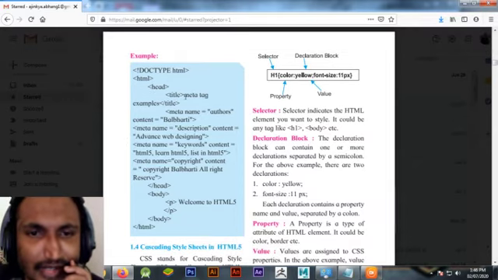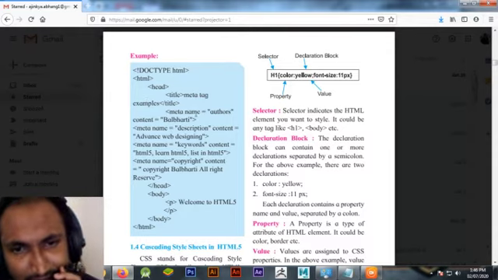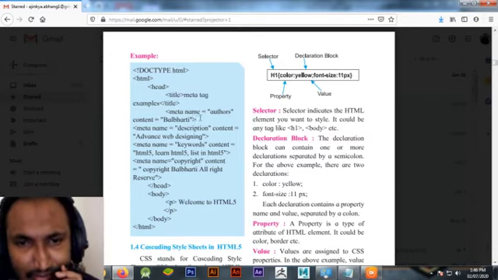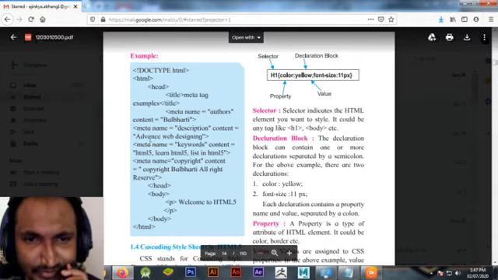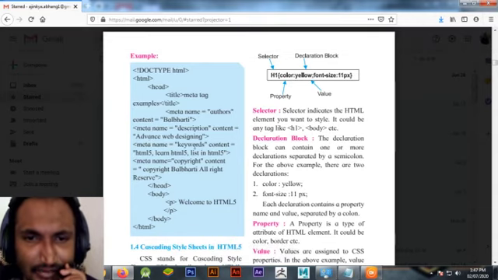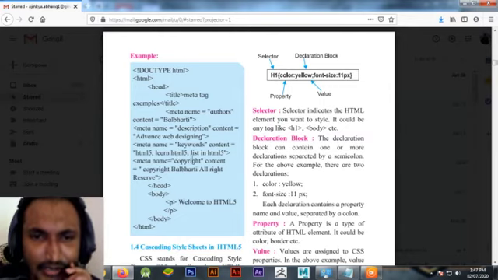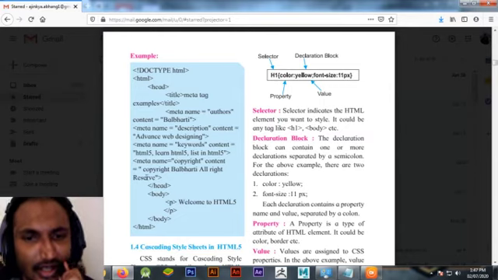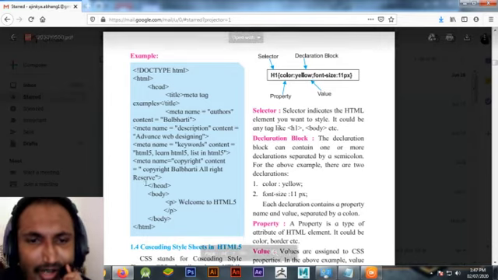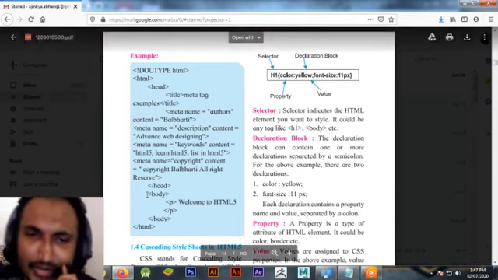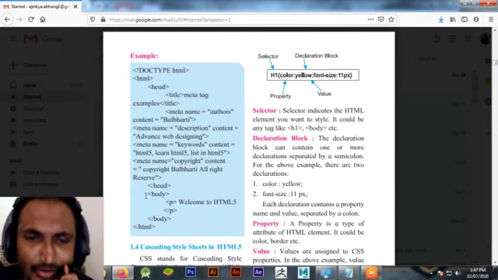HTML, head, title, meta tag example, title close, and in the head they have given meta name author Bal Bharti, meta name description advanced web technology, meta name keywords HTML5, learn HTML5, list in HTML5, and for copyrights they have given copyrights Bal Bharti, all rights are reserved to Bal Bharti, like I showed you above.